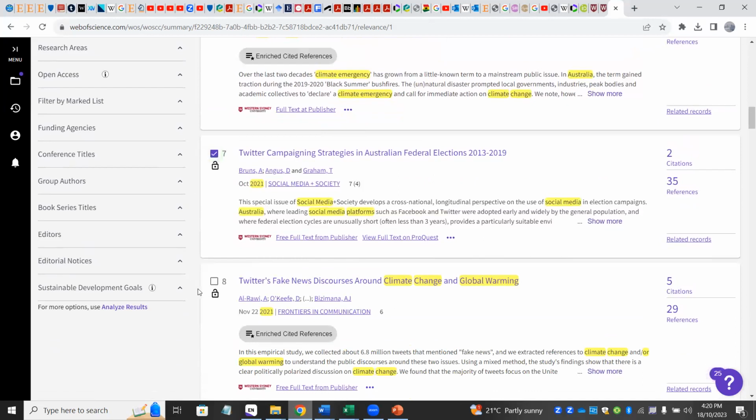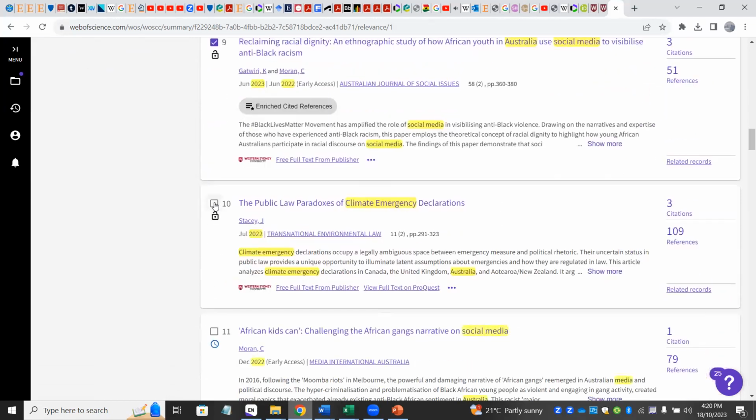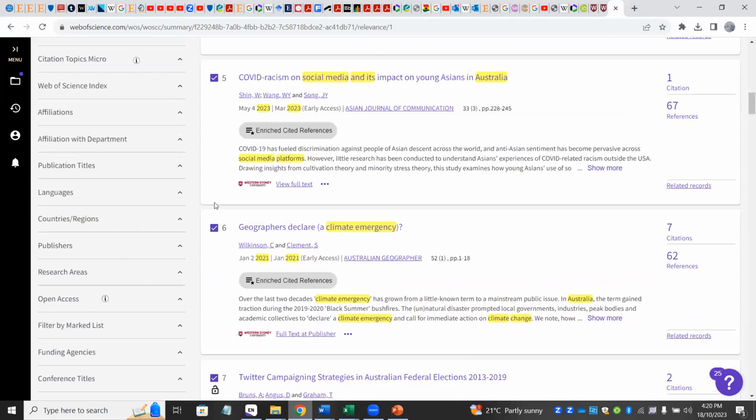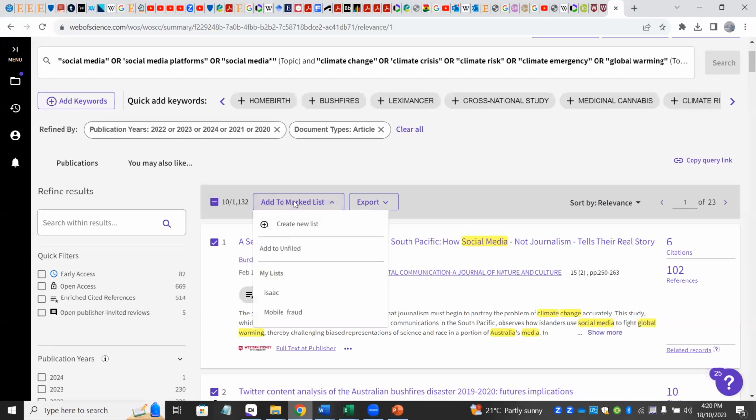And also decide to add it to your marked list. You can create a marked list. You can decide to do that, or